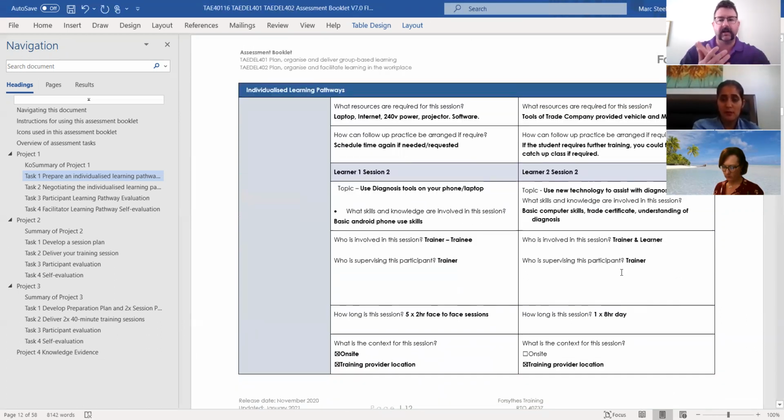Okay, that's session 1. How do you feel about that? You feel as though you'll be able to handle that, no problems? Yeah, I think that should be fine. As I said, I'll check with my boss about the vehicle and everything, but I think it should be okay. Okay, very good.